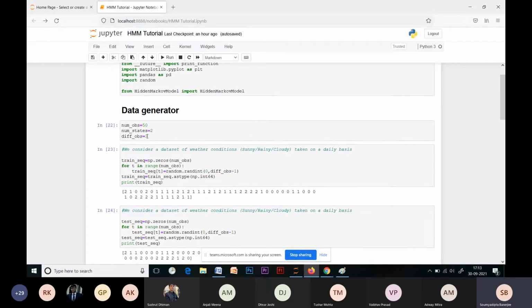We could change the number of observations that you see here from 3 to 4, and we could say, what about the problem of gene sequencing, where we have 4 nucleotide bases like C, G, A, and T, and we could have 2 states, basically the non-coding and coding states. We could then generate a training sequence where the numbers would correspond to the nucleotide bases.